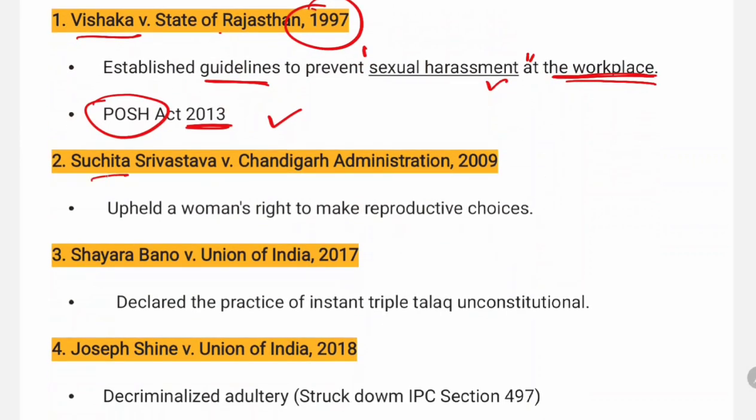The second important judgment was Suchita Srivastava versus Chandigarh Administration of 2009. In this case, the Supreme Court upheld the right to make reproductive choices. That is, bodily integrity is fundamental. It is a very important right for women, and they have the right to make their reproductive decisions